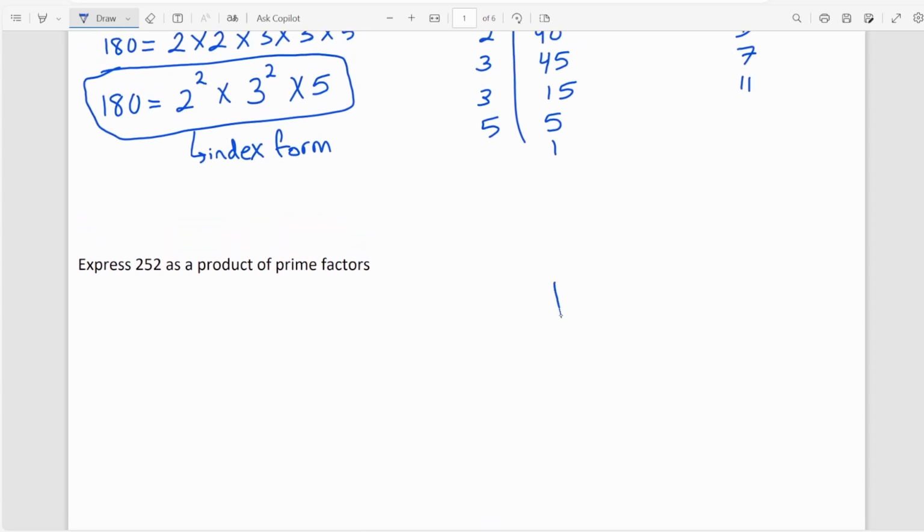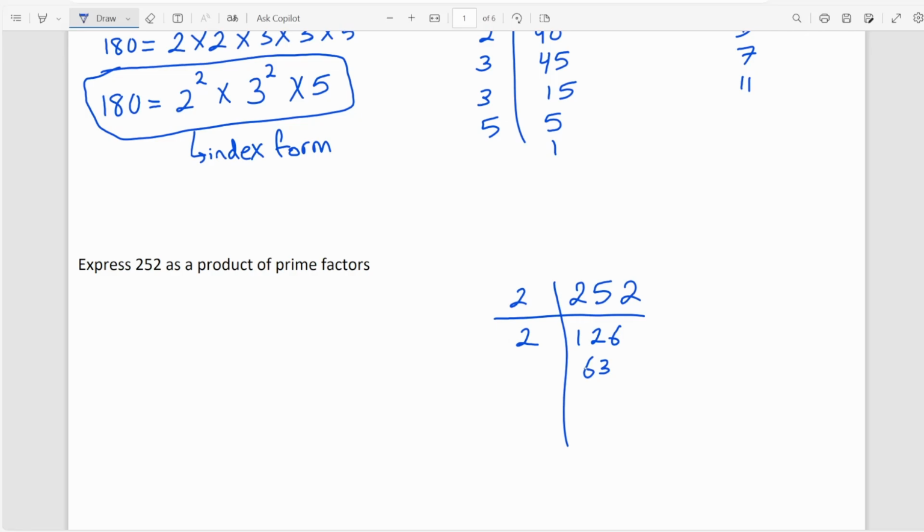252, we shall write this as a product of prime factors. So firstly, I will divide this by 2 because it's an even number, and this gives us 126. It's still an even number. I can still divide by 2, which gives me 63. All right,